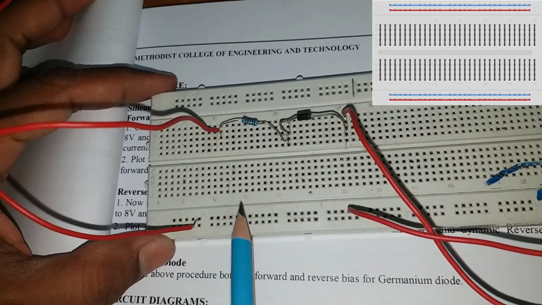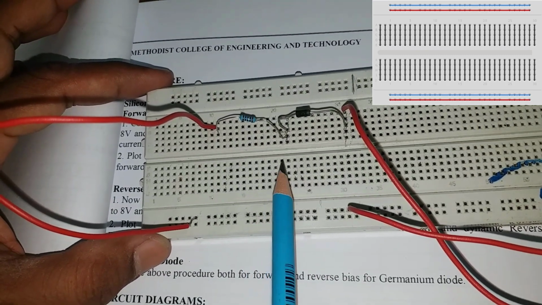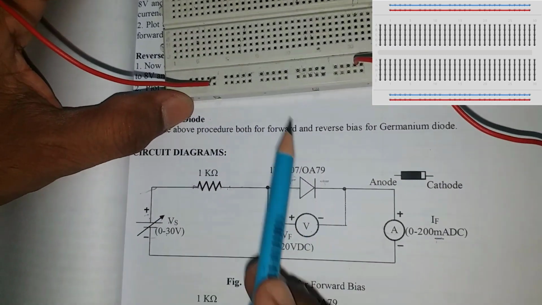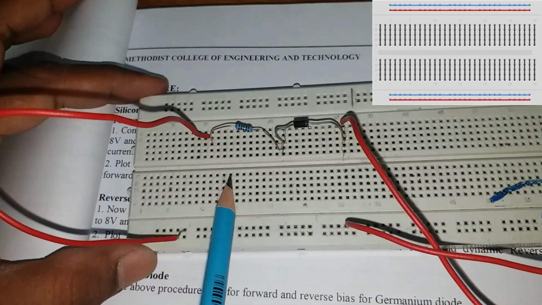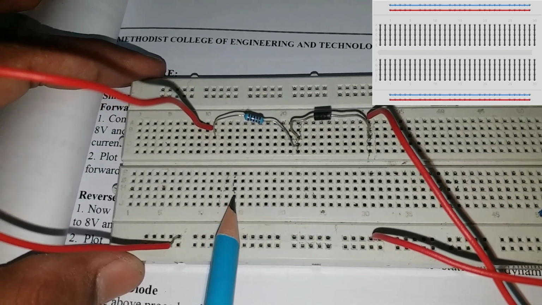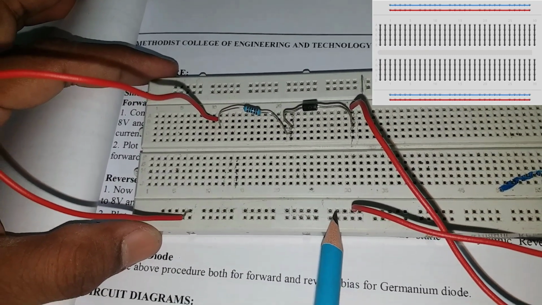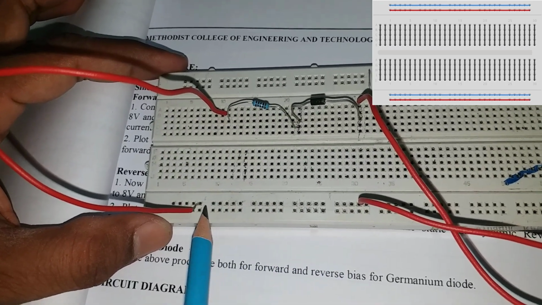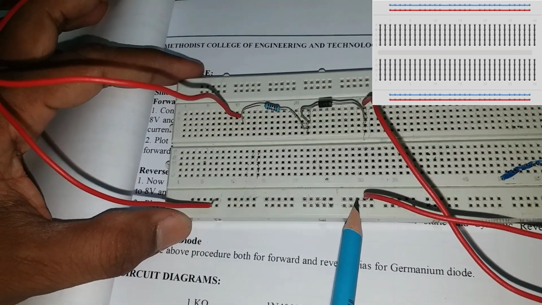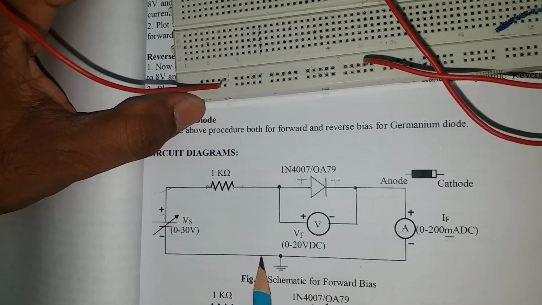But two things are there. One is that it is a small circuit, so we have only two connections, and you can use the vertical part. How many connections are available in the vertical part? 5 connections, 1 2 3 4 5, right or not? If you use the horizontal part, we can make use of 25 connections, 5 5 5 5 5, total 25 connections. So this is one big advantage. This is a small circuit diagram, so we have only two connections.